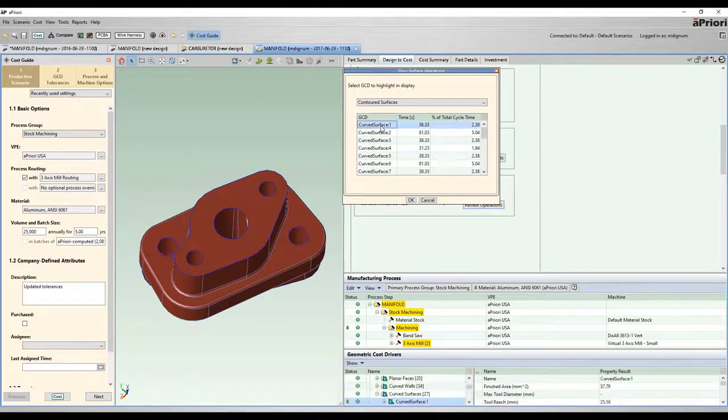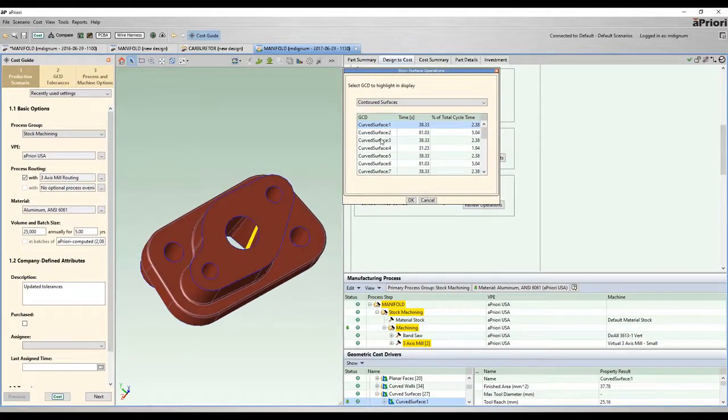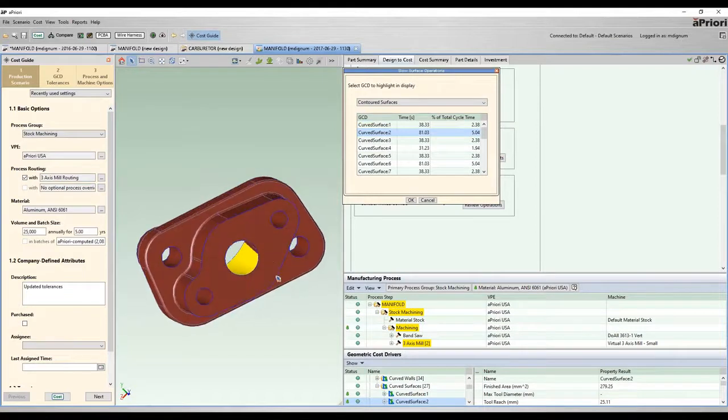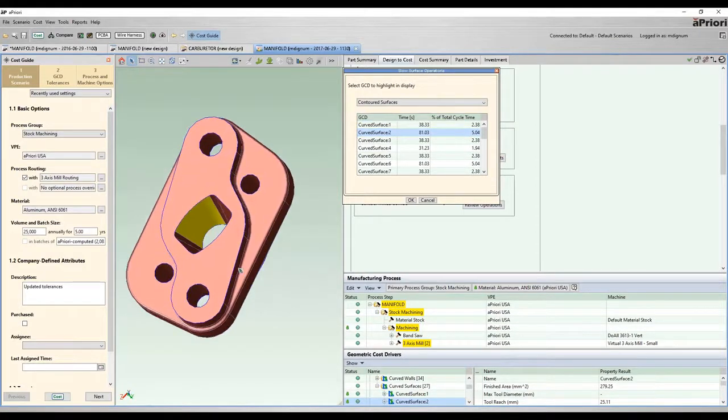So within this dialog, I can view the specific features that require contouring, which on my part, it just so happens that all these features are part of the interior of the manifold, which is pretty much the most critical part of this manifold's functionality. So I'm okay with the fact that these are requiring contouring, but I am armed with the information that each one of these